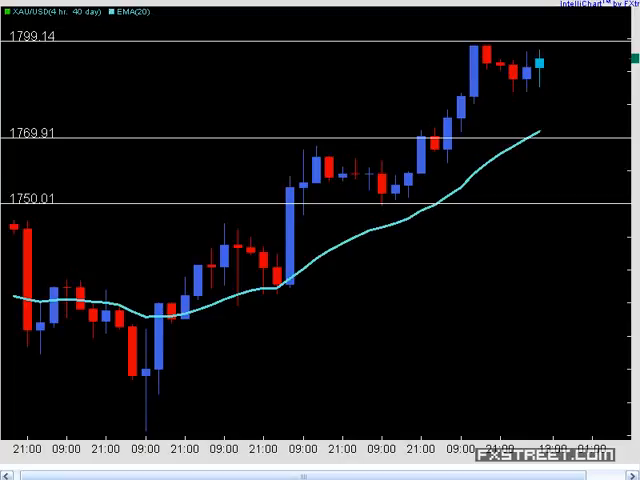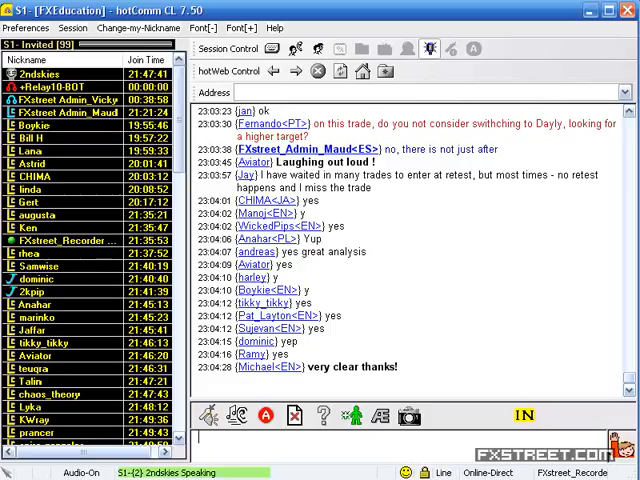So, JJ says, I've waited in many trades to enter the retest, but most times no retest happens and I miss the trade. First off, Jay, you're going to miss some. Second of all, I show a lot of breakouts, and almost every single breakout offers a retest. In fact, I'd probably say it's 60-70%. If you're trading on smaller time frames, you're probably going to have fewer retests,